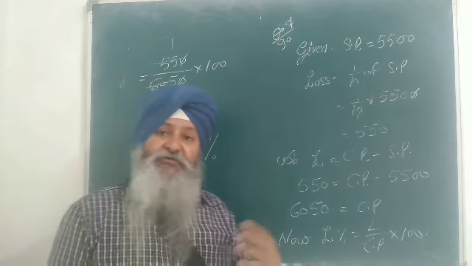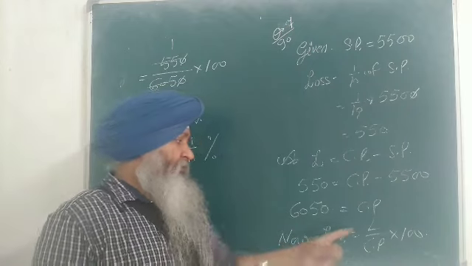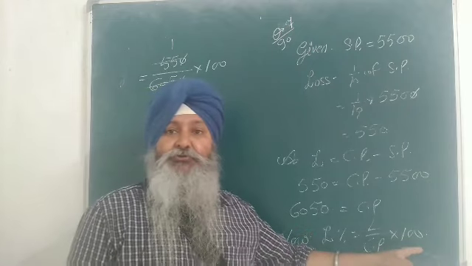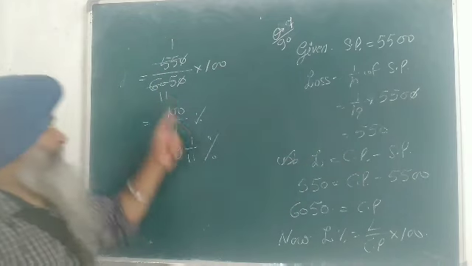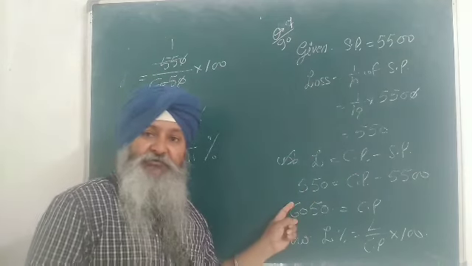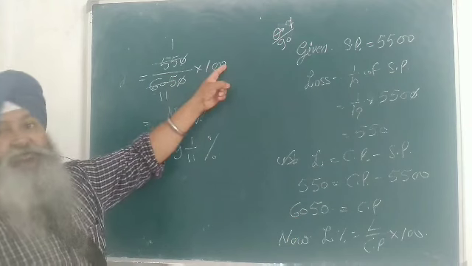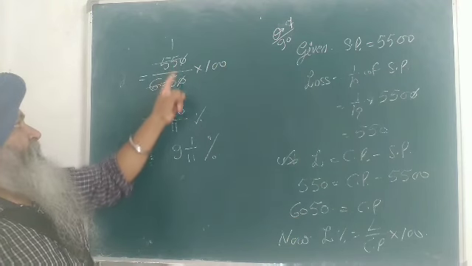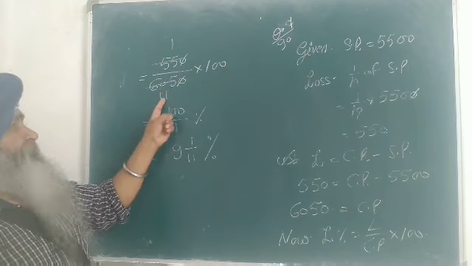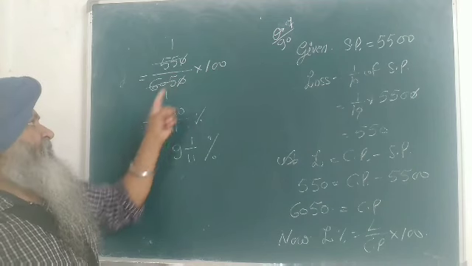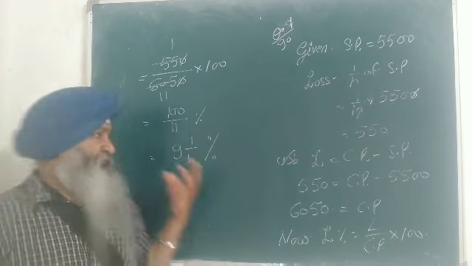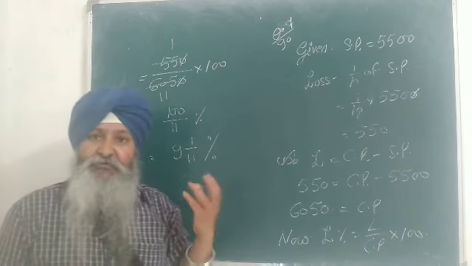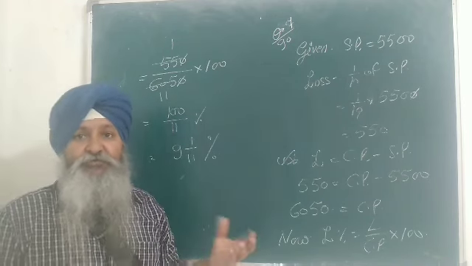Now the last part is what is the loss percent. What is loss percent? Loss upon cost price into 100. So loss is 550, you already calculated. Cost price is 6050, that also you already calculated, into 100. 0 will cancel 0. 55 elevens are 605. It is 100 upon 11. That is an improper fraction. Let me write it as 9 1/11%. I hope there is no doubt.